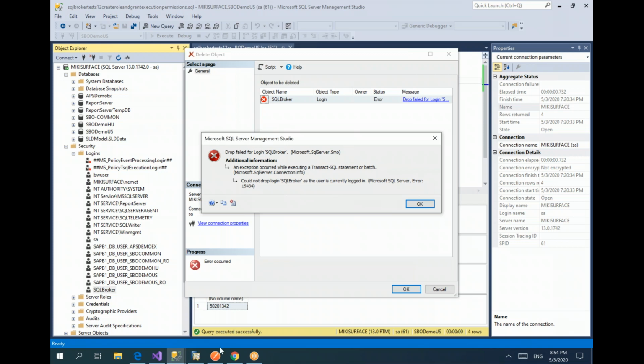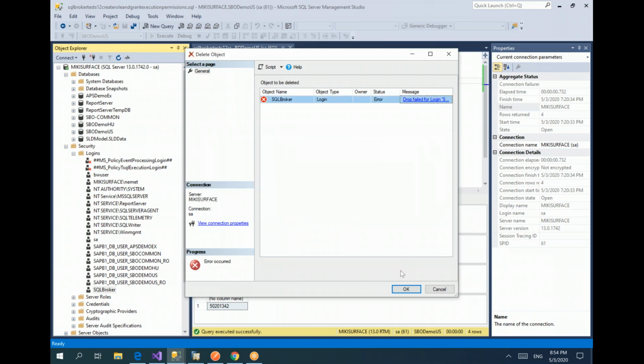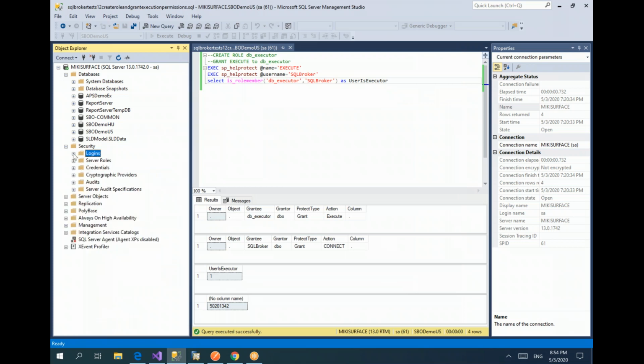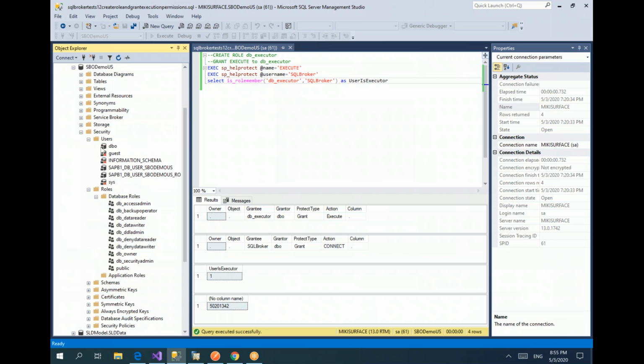Yes, because it is currently logged in. So let's just stop the server. Oh, don't stop it. So let's assume that this user is created. The way you can create it, just create a login SQLBroker, but this user doesn't have enough privileges. So what privileges do you have to create? It has a login, and then we have here the company database, and in a company database there is no user for this guy. Therefore, let's just create a new user,